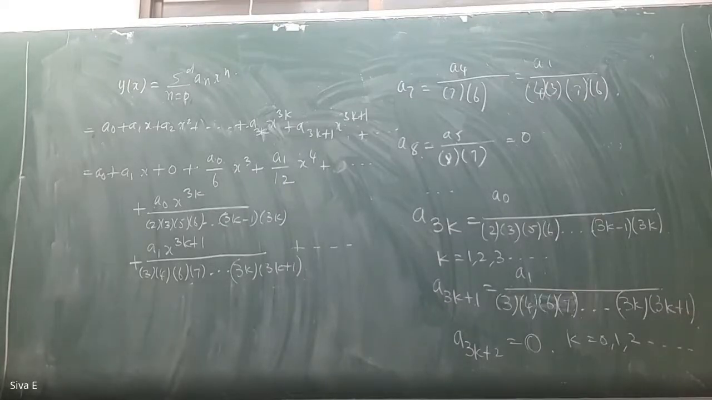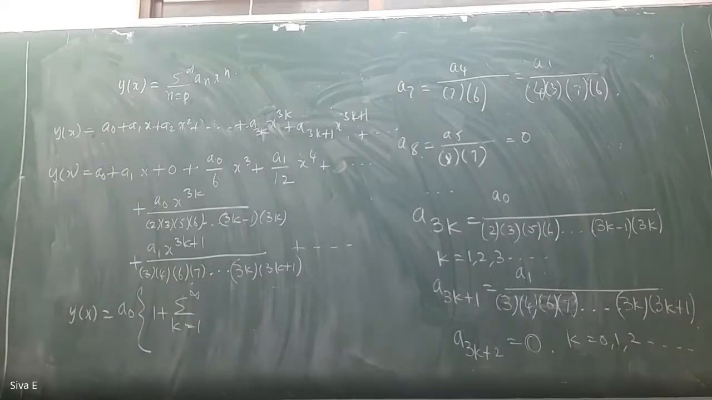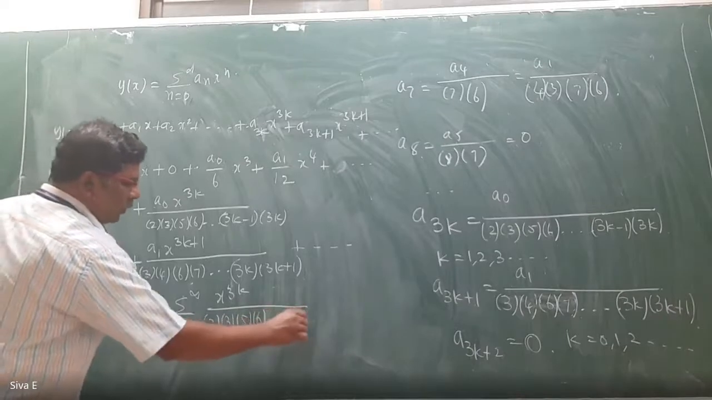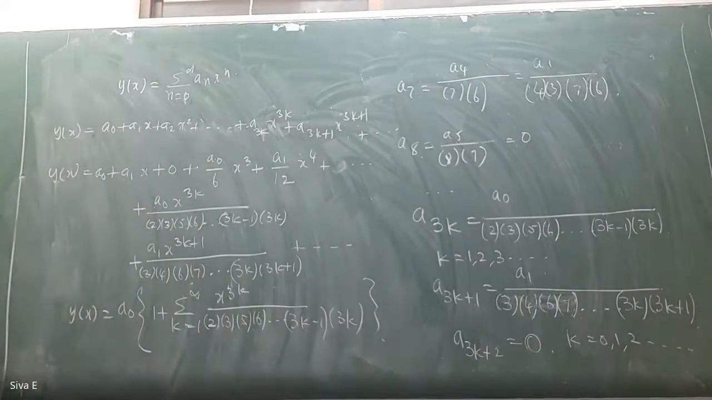If you collect all the like terms, then y of x can be written as a naught into 1 plus summation of k equal to 1 to infinity x power 3k by 2 3 5 6 up to 3k minus 1 into 3k, plus a1 into x